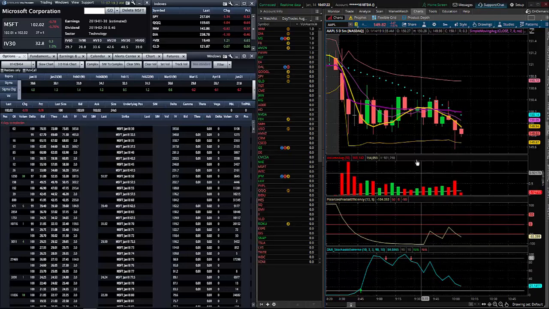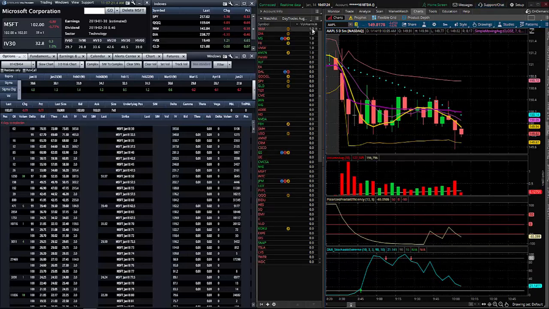So what you're looking for is, I want ones in this column. That means that the volume is larger than normal. Then I want to look here, and I want these in the case. So let's look at